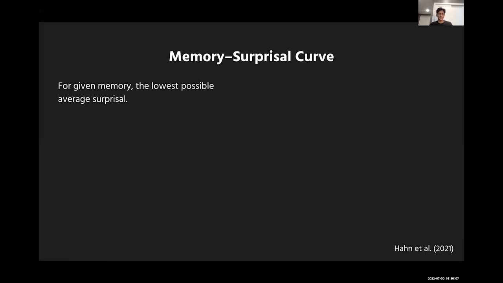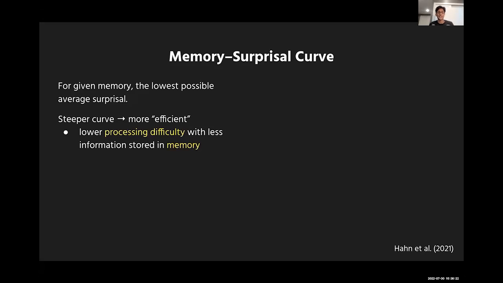And this can be visualized using the idea of the memory-surprisal curve, and all of this work is from Hahn et al. 2021, by the way. The idea is that for a given level of memory, you can show the lowest possible average surprisal. And a steeper curve is going to be more efficient. By steepness, I essentially mean that you have a lower processing difficulty associated with less information stored in memory. So you can achieve any given level of difficulty with less memory